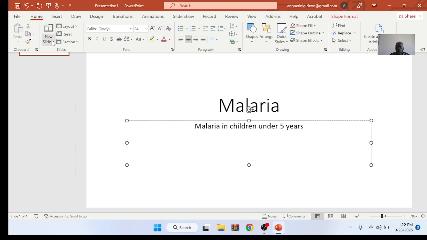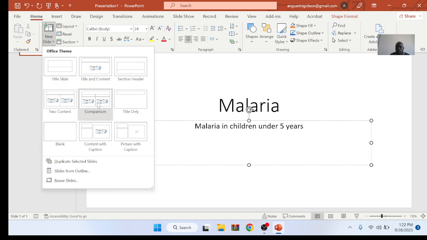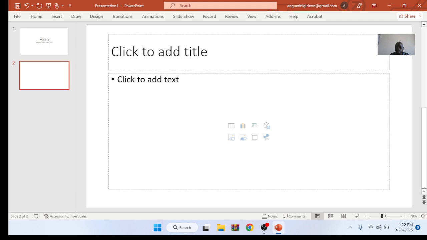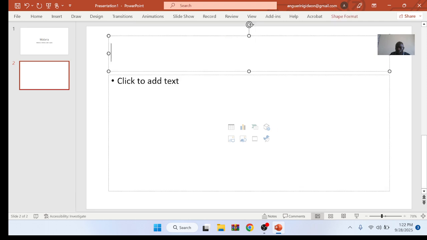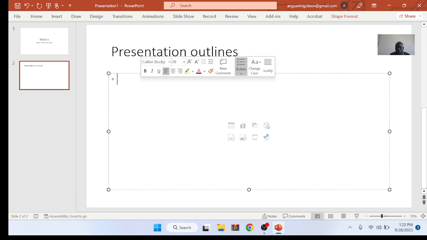Okay. By clicking on the new, I'll go to home and then add a new slide. You choose the type of slide you want to have. So I want to have a slide that has title and content. So here I want to have in the first presentation outline. That's my title, outlines. Then as the content, I want to have